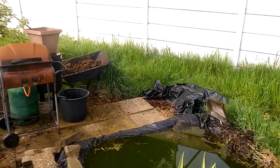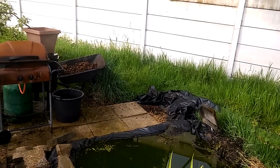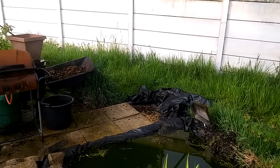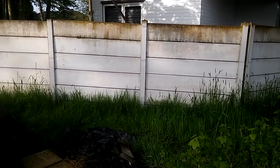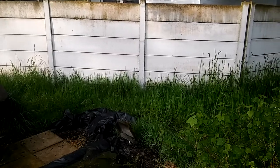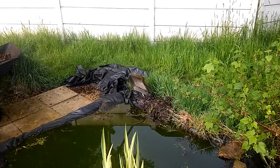On the other side, over there, I've got a little patio area I'm extending. This is a bit I'll never be able to grow on, because when they dug the drainage channels for the drainage, typically, it ended up going under the corner of my plot there, because my plot goes almost up to the fence. The fence was moved in about a metre just after I joined here, because the old fence behind was falling down, and it was deemed easier to take the old fence down and build a new one a metre in. So my plot goes almost up to that fence, but they have dug through there and taken away part of my plot, but still